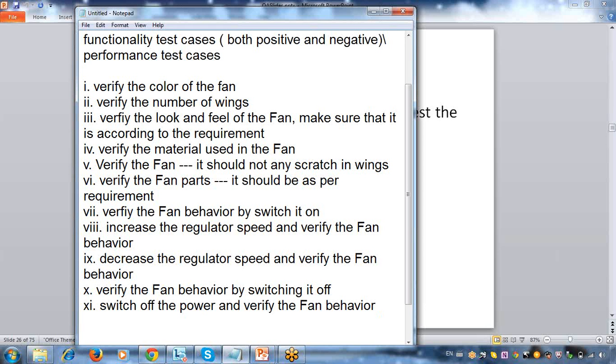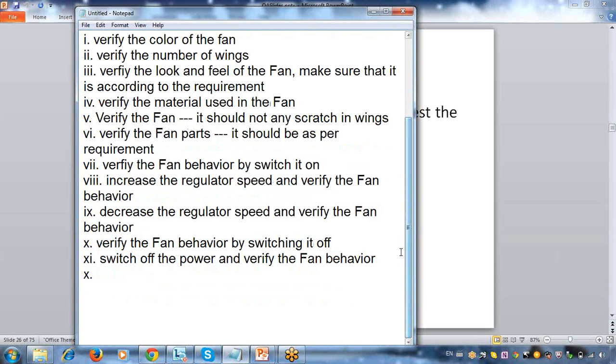So all the conditions you have to check, because as a tester, my job is to check each and every condition for any requirement. Okay, remove the fan connection, remove the fan switch, and verify the fan behavior. So what I'm doing is trying to check each and every scenario here. Okay,